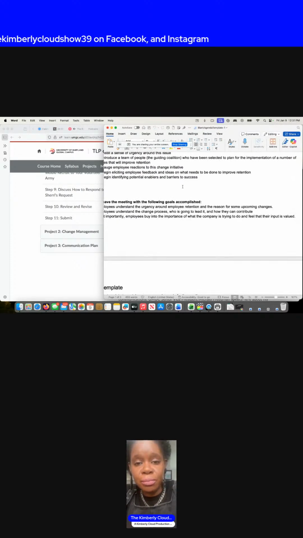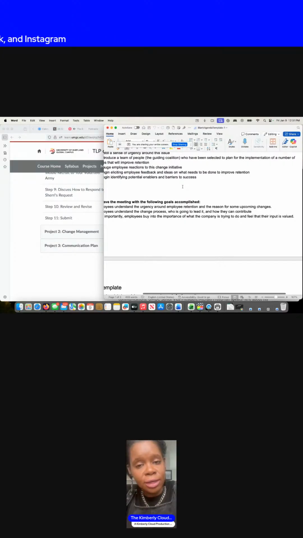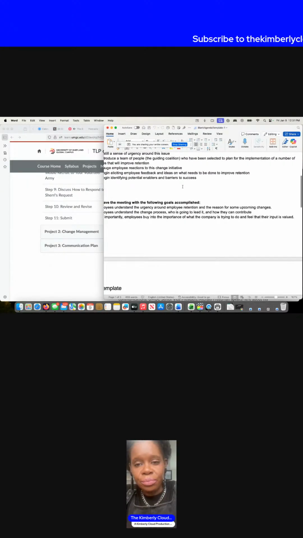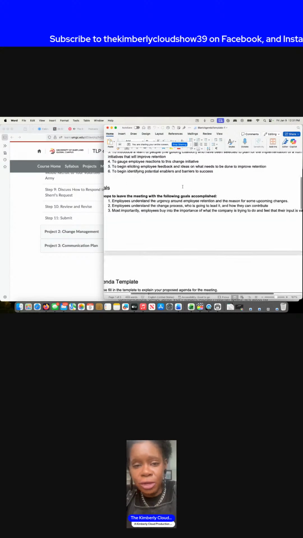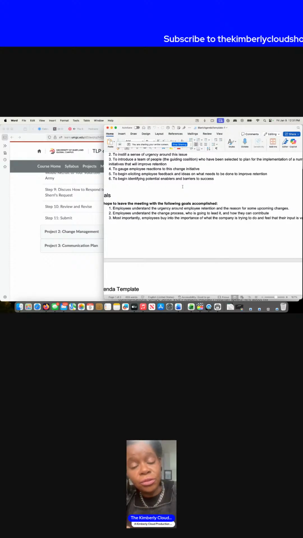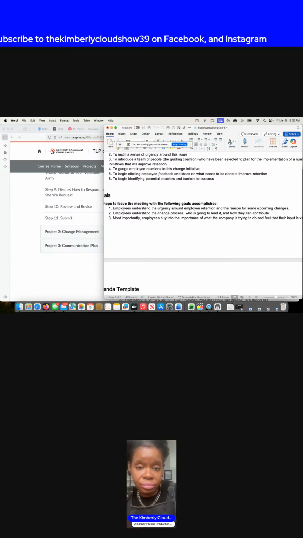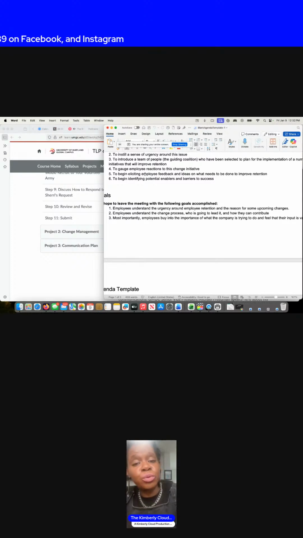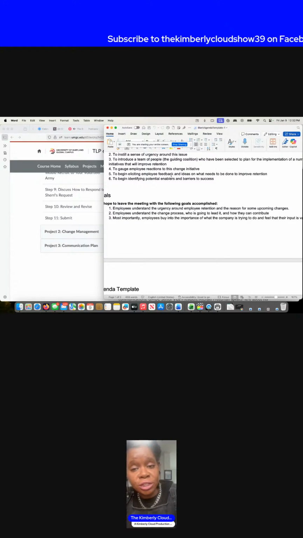To introduce a team of people, the guiding coalition, who have been selected to plan the implementation of a number of initiatives that will improve retention, which is employment, high employment settling, to gauge employee reactions to the change initiative, to engage with employee reactions to this change, which is the initiative,